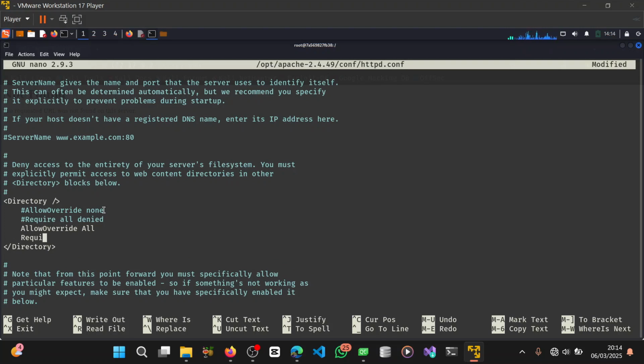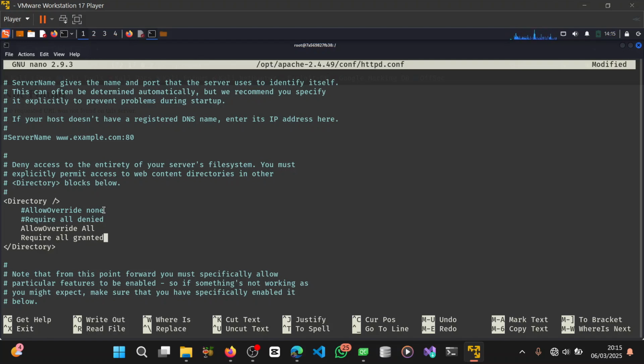Now AllowOverride All means any .htaccess file I place in the Apache directory will be able to override the original configuration of the organization or the administrator. So if I am a malicious user, my .htaccess file will be able to override the original configuration of Apache, right? Okay, so I'm going to change this Require all denied to Require all granted,